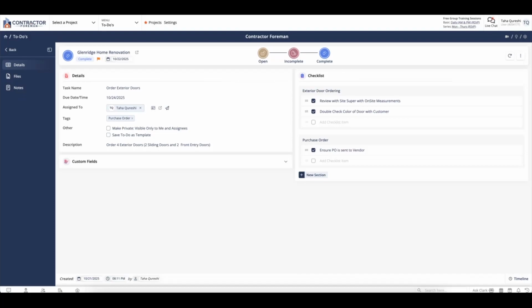One of the important parts of using to-dos is that they provide structure for teams to follow up on tasks, clarify priorities, and document completion with full visibility, making sure that items are being completed as assigned to and on time is best done by using the to-do list, which will help you give full transparency to the tasks that your team is working on and double checking to making sure that they're completed on time and your projects are